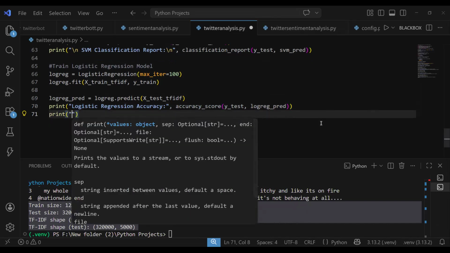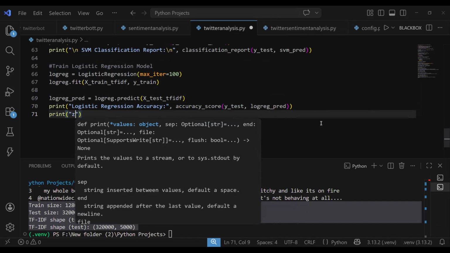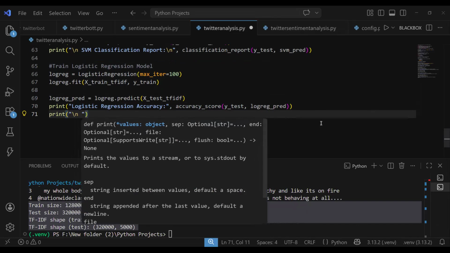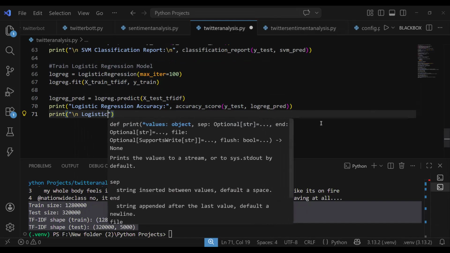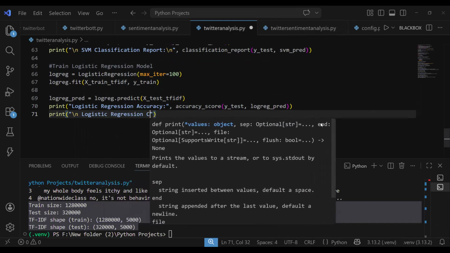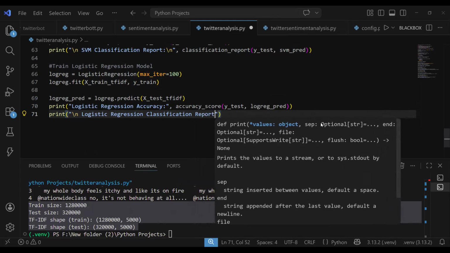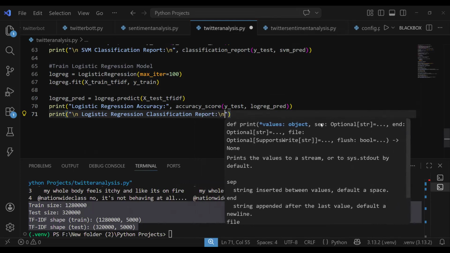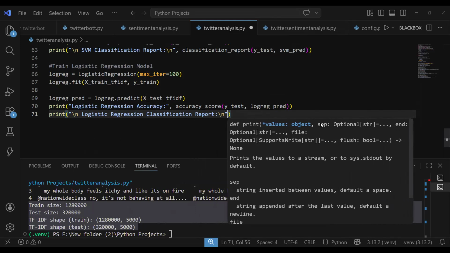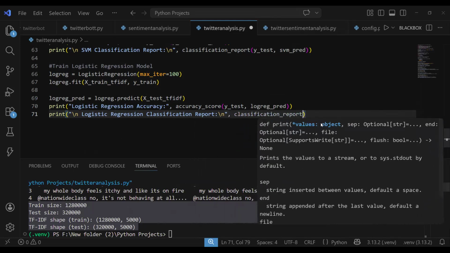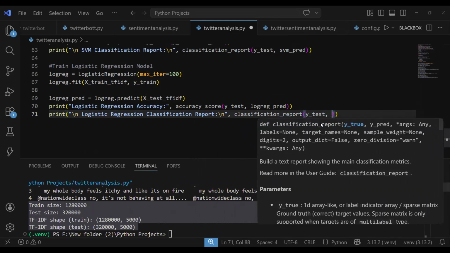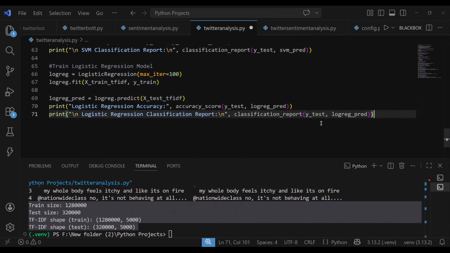Print logistic regression classification report, and classification report y test log reg underscore prediction, and